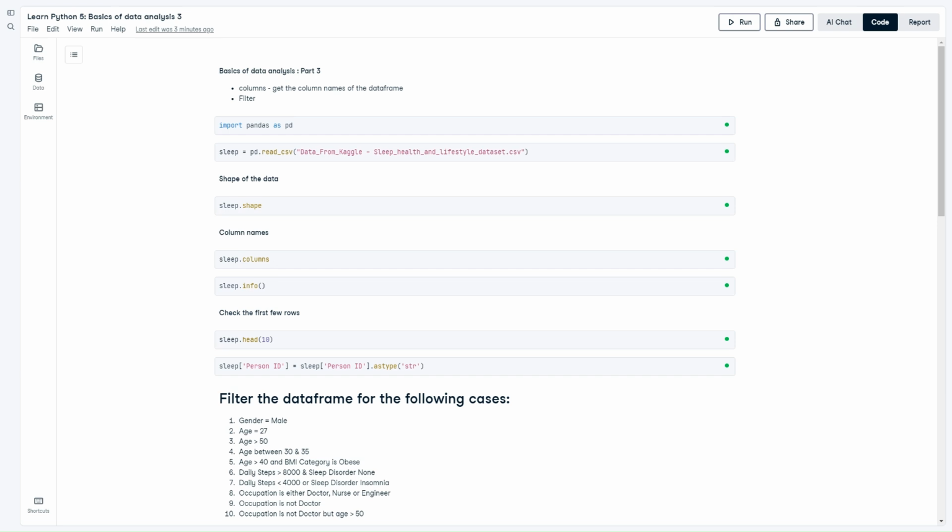In the last video, we have covered two very useful functions, value counts and sort values. And in this video, we'll see how we can filter the data frame to get the desired rows. Now the data again used here is the sleep, health and lifestyle dataset available on Kaggle,